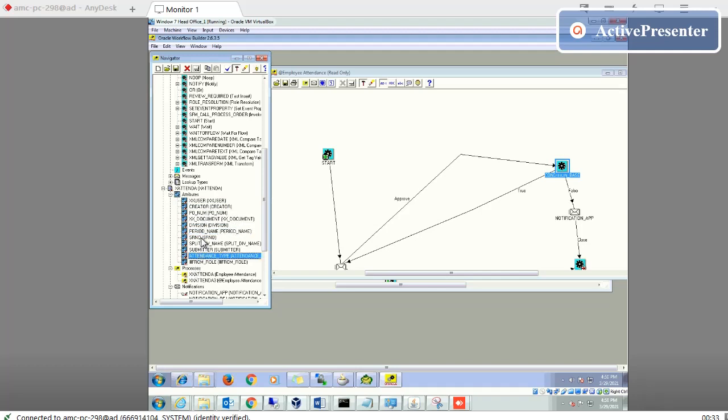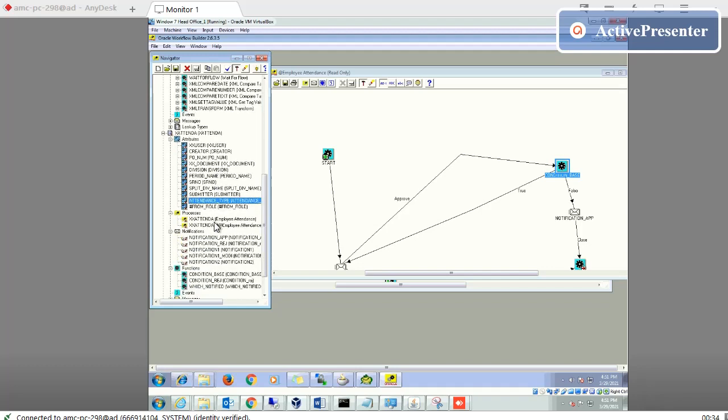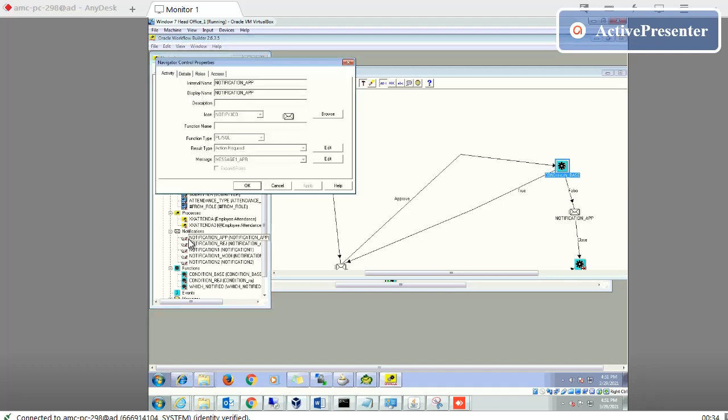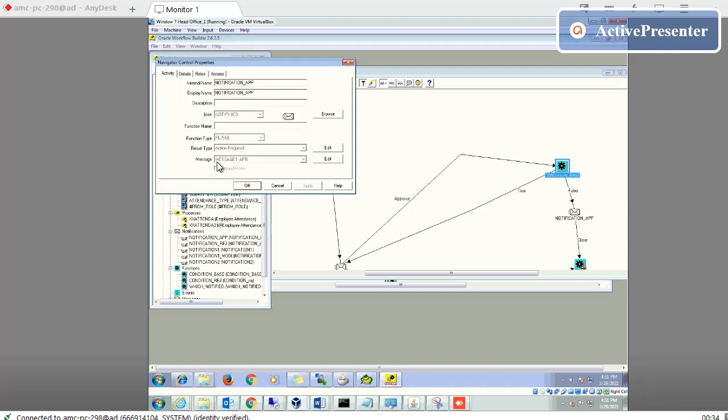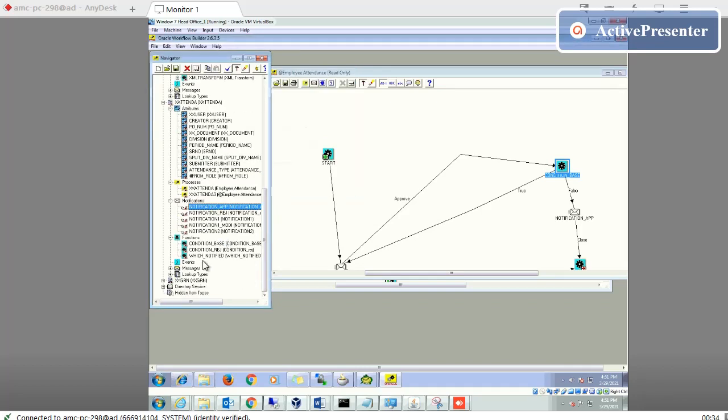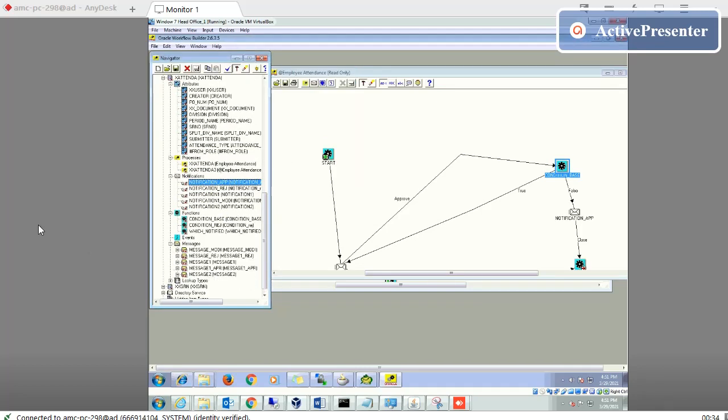So when the submitter submits this, all the values will be hit on these variables. After that, there is also the approval notification. In the notification you will see which message will appear. So when I go here, these are the messages.